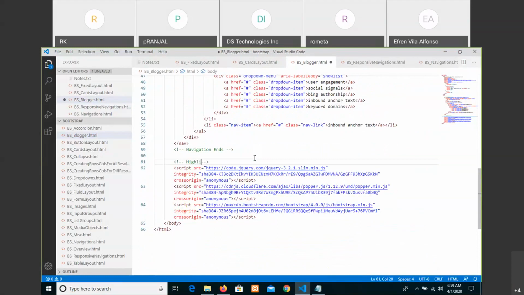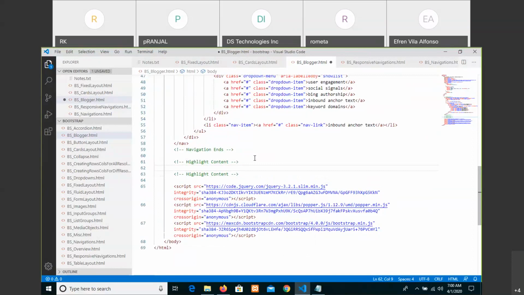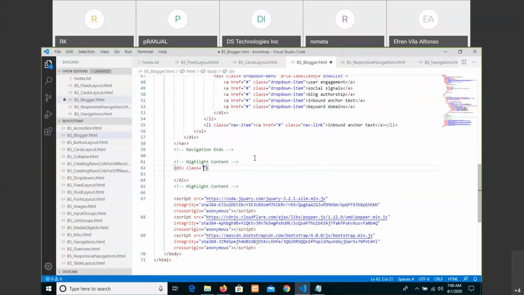I want to create highlighting of content. New class, write Jumbotron,